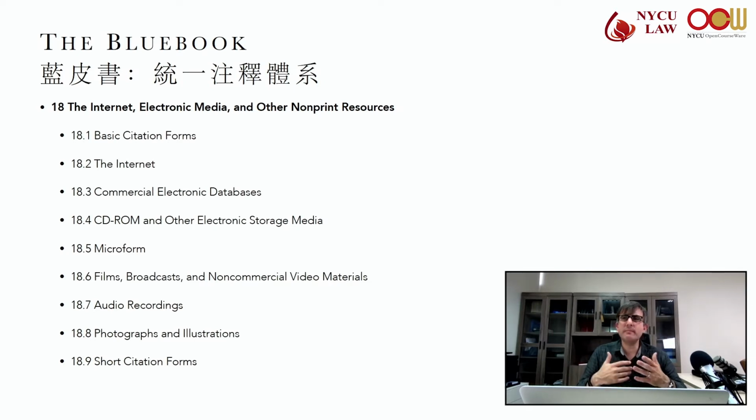Even though it might not be available in print. And they give a couple of examples. The Federal Trade Commission, consumer fraud in the United States at 12 in 2007, set off by a comma, and the URL to the print source.